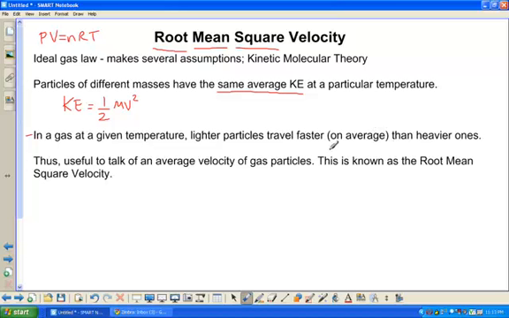But because we're talking about particles of different mass that all have approximately the same average kinetic energy, we have this dispersion of speeds from fast speeds to slow speeds. In a particular gaseous mixture, what it's useful to talk about is some sort of an average velocity of those gas particles. And that average velocity is something known as the root mean square velocity of that gas. And that's given the symbol u_rms,